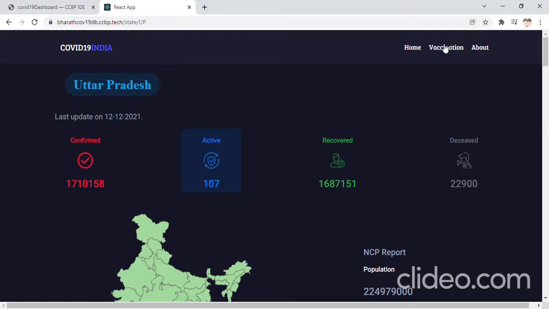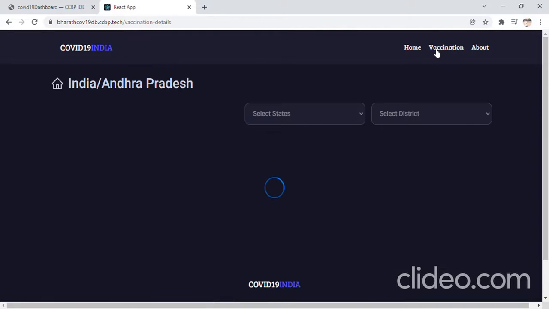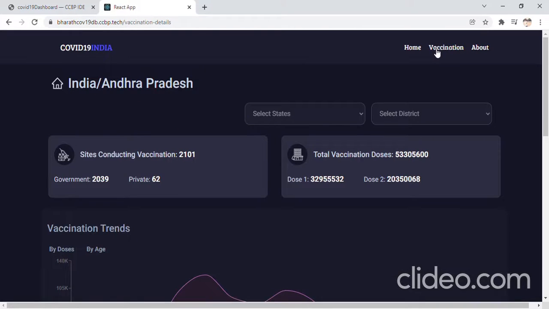If I click on the vaccination route, the main detail we get is how many sites the vaccination is being conducted at and the number of doses vaccinated as of now.